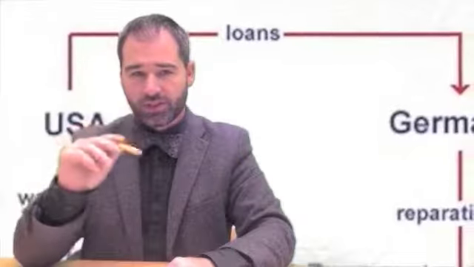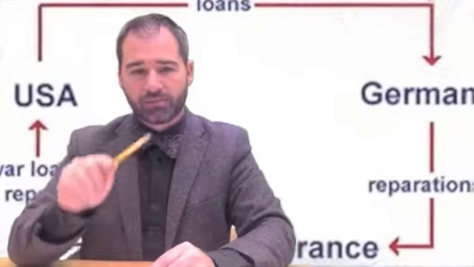Britain and France would then use that money to pay off the American companies that had loaned money to the British and the French. So the Dawes Plan was really this circular system where the American banks would pay the Germans, the Germans would pay the British and the French, and the British and the French would pay the Americans. The problem is that if any one of those chains falls off, the entire system falls apart, and the world economy could crash, which we're going to see happen in the next